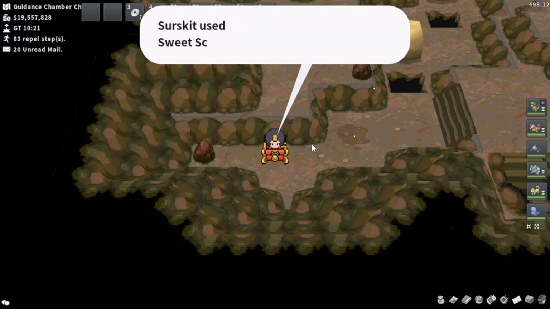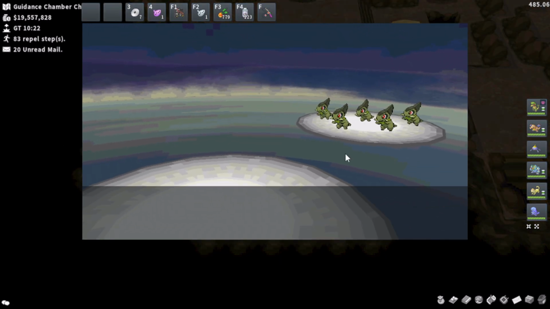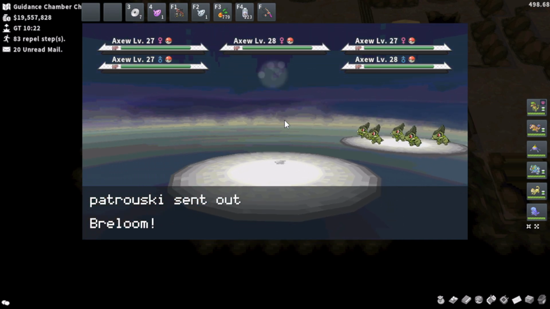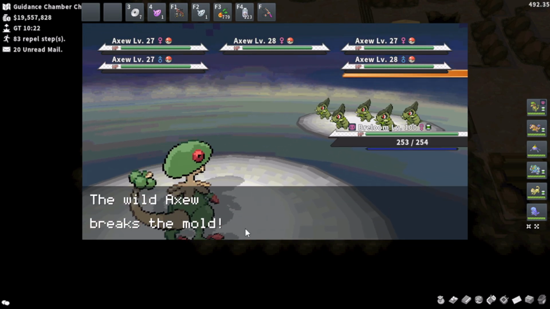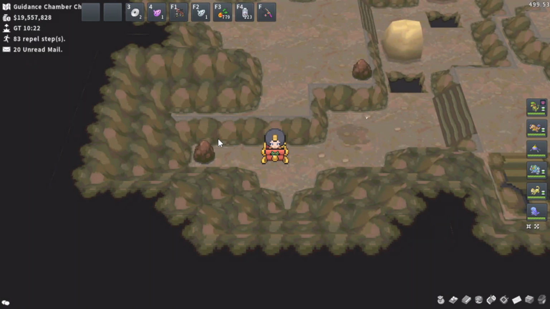Let's go ahead and pop some Sweet Scents, and I'll show you guys. It is a 50% chance to encounter Axew or Woobat here. There are a lot of horror stories about people encountering 5 shiny Woobats here before their Axew, unfortunately. And you kind of just gotta roll the dice and wish you the best of luck. I know a lot of people want shiny Axew and not many people want shiny Woobat, and that's just how